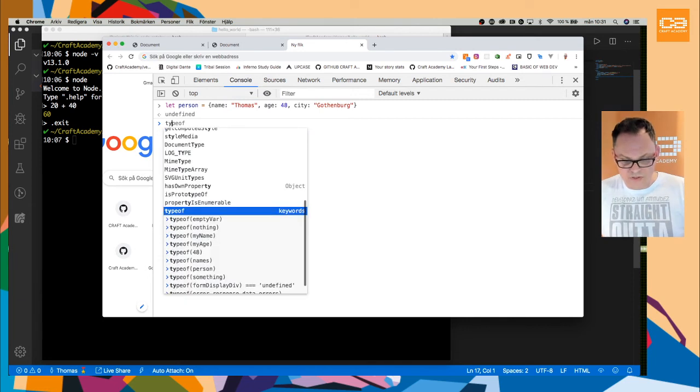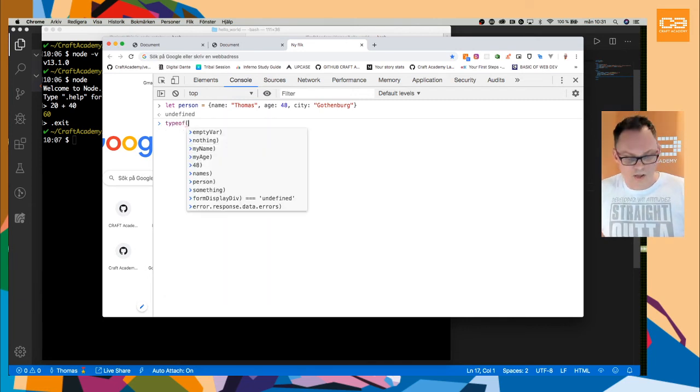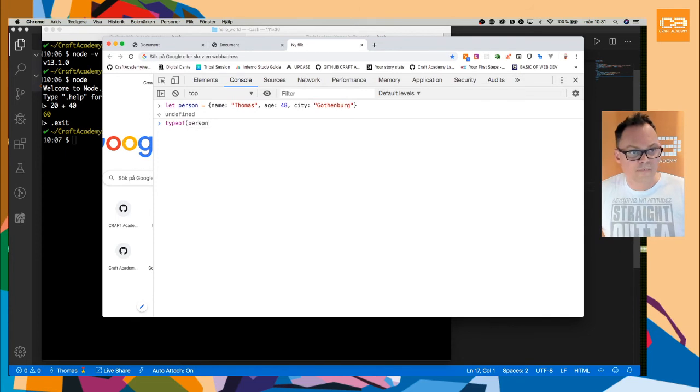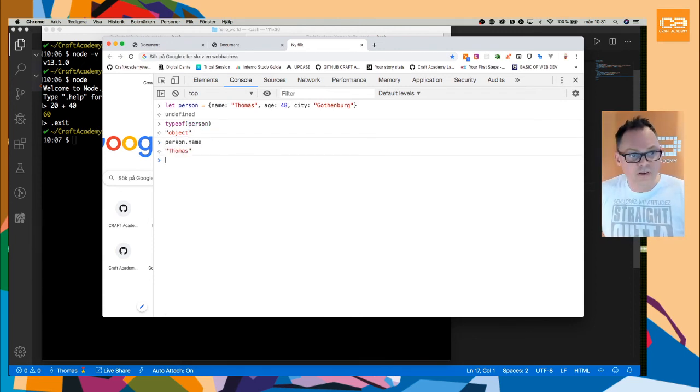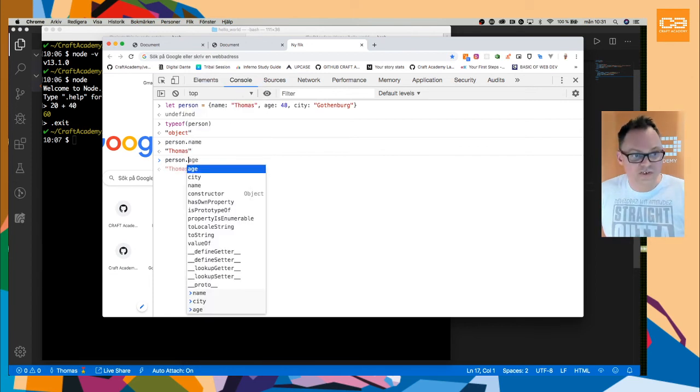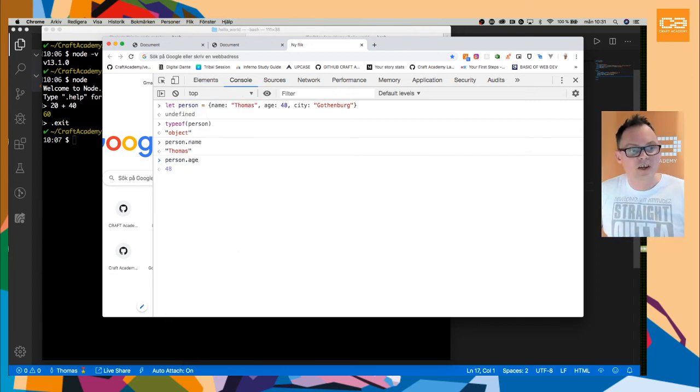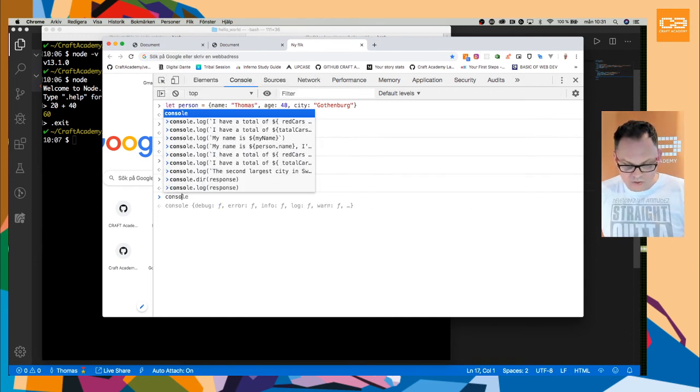So if you say typeof person, that is actually an object. We've seen this before, but they weren't really objects in that sense of the word. So let's say that I want to access the name of this person. For that, I can type person.name, and that will return Thomas. Consequently, if I want to know about his age, I do person.age. And lastly, if I want to access the city, I could do this, which means that I could say console.log